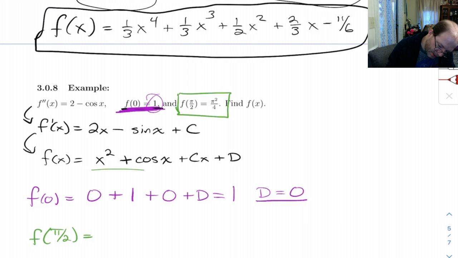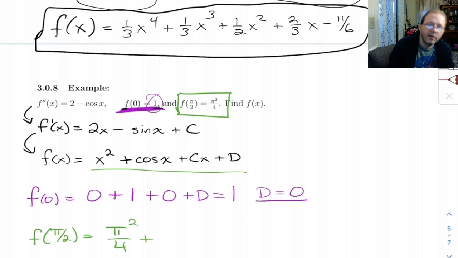If I plug that into here, I get pi over 2 squared, so that's pi squared over 4, plus cosine of pi over 2 is 0. Let's see, c times pi over 2, plus d, which is 0,